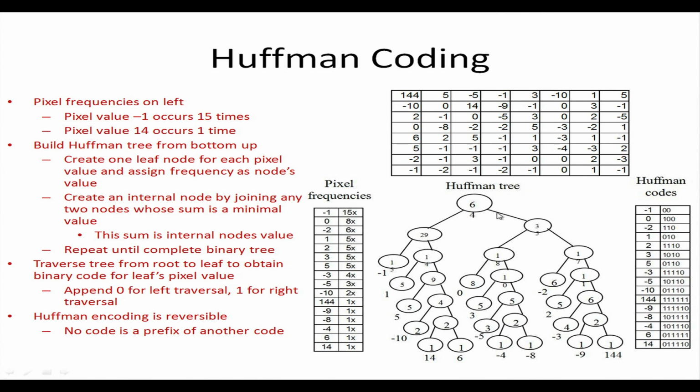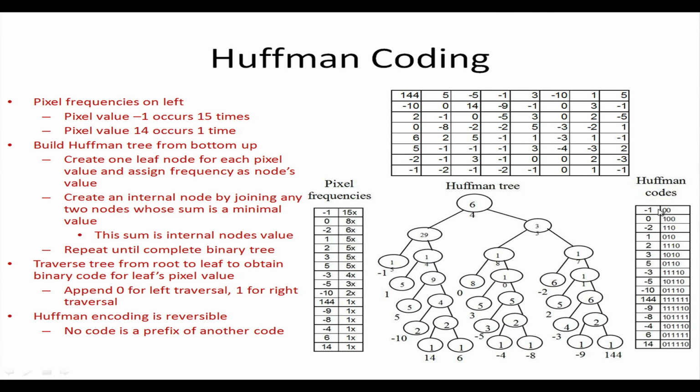So, what happens? I want to get the code of -1. Here there is a -1. And why do I take the code of -1? Because -1 is more frequent, and you can see that here. So, in order to reach -1, starting from the root, I have to traverse left. Once I traverse left, I take a 0, and then I traverse left again, I get this. So, 0 0.